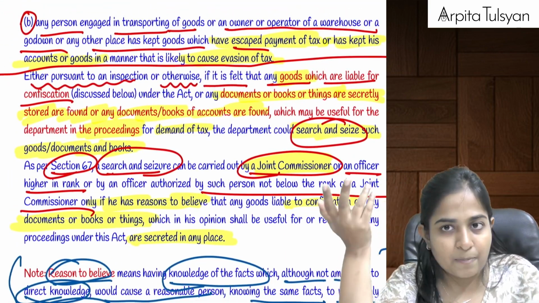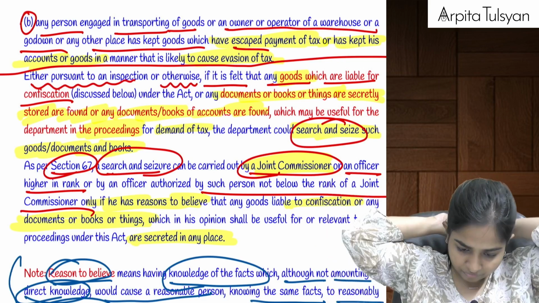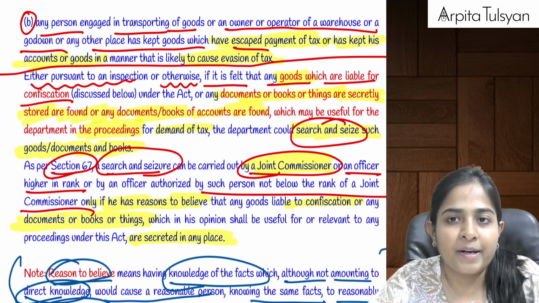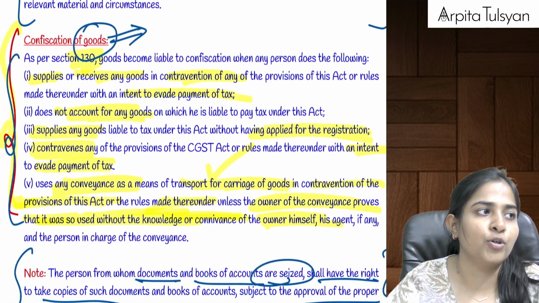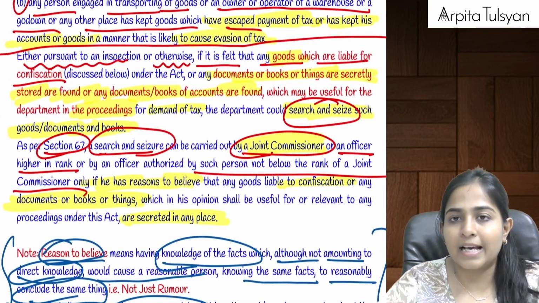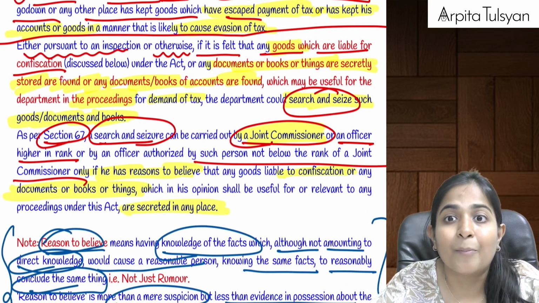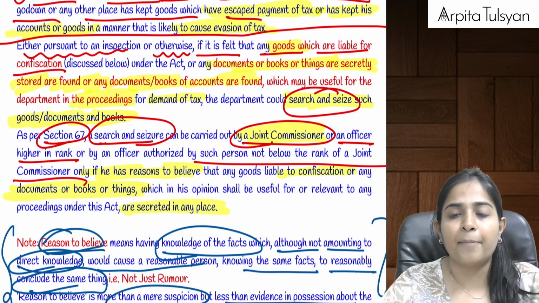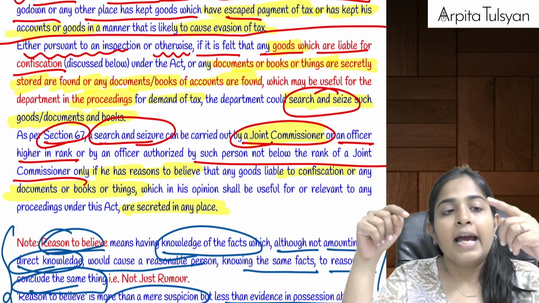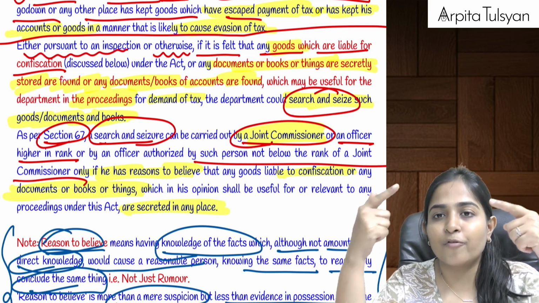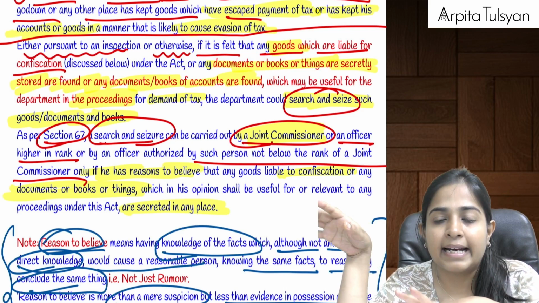Now during this inspection or otherwise, if a proper officer is of the opinion that the goods are liable for confiscation, for which circumstances are given, as you can see here on the board, so either the goods are liable for confiscation, meaning they should permanently go to the government's custody, or there are some documents, books, things, etc., which have been secreted in a particular place. Again I am repeating, see how you are jumping from inspection to search and seizure. While during the inspection or otherwise, if the proper officer is of the opinion that the goods are liable for confiscation, or there are any documents, books, things, etc., which have been secreted,